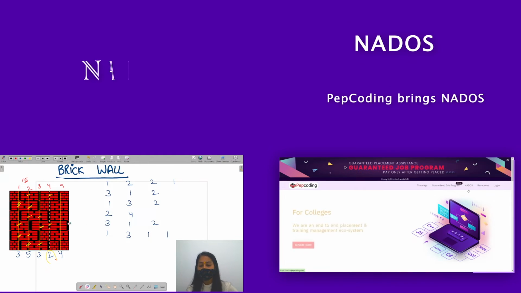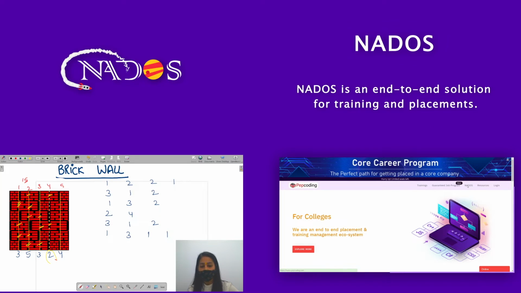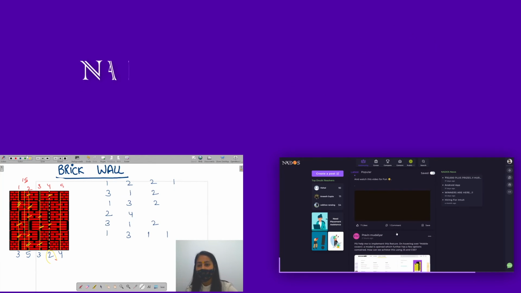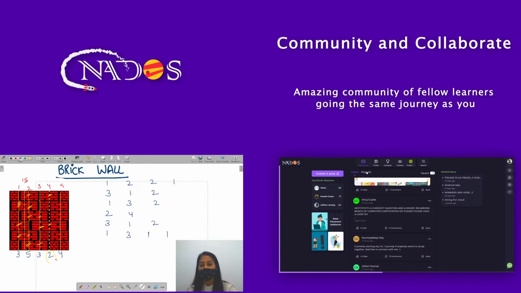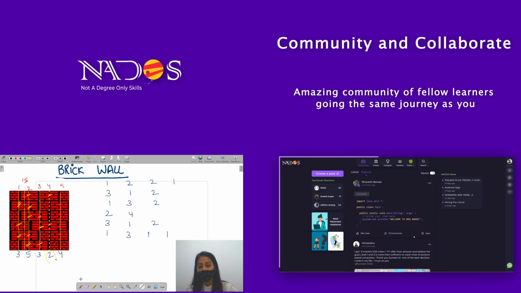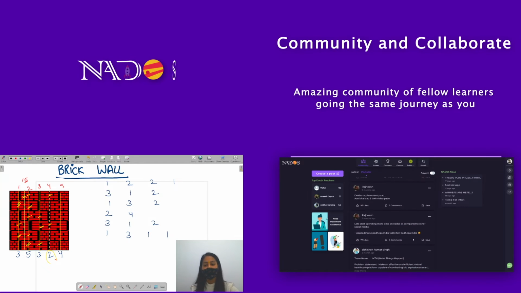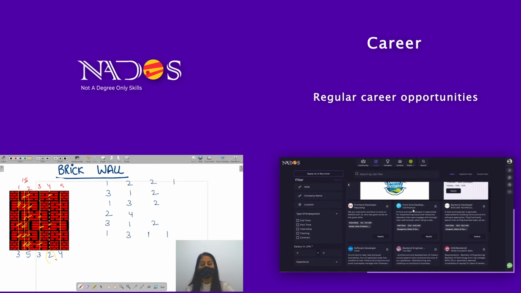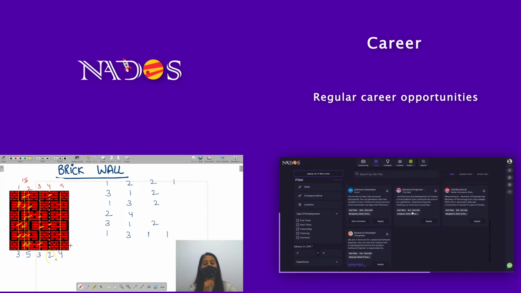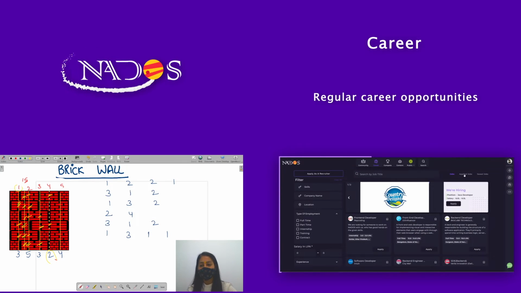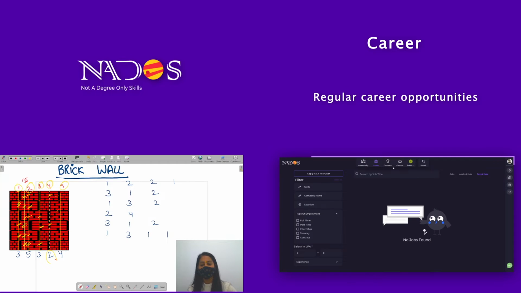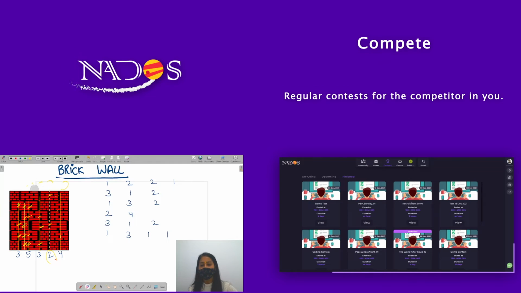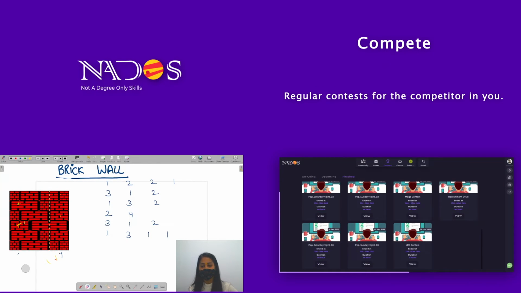Now if you draw a vertical line at the decimal point, for example if you draw a vertical line at 1.5, then there will always be the maximum number of brick crosses. Why? Because the splits are only present at the integer value, right? So there will always be the maximum number of brick crosses, but our task is to minimize the brick crosses, right? So we will only consider the integer value because splits are only present at the integer value, right? So this is our task, that we have to find the minimum number of brick crosses.